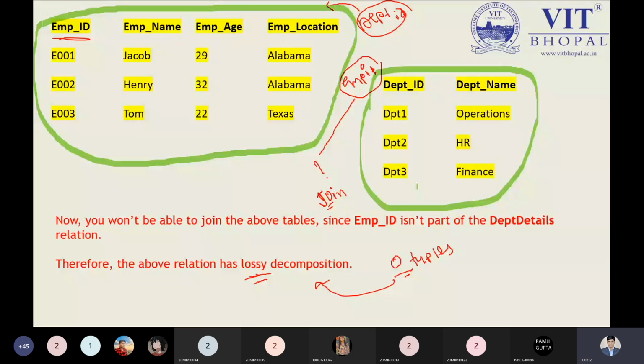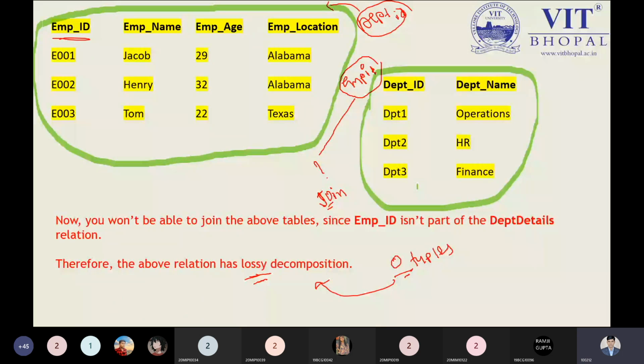So how can I say this is our original table? That is a big problem. This is the case where we have lost information. In this case, you can easily say nothing is matching on Department ID. So ultimately, we can get either 9 tuples or 0 tuples, because nothing is matched, so we get 0 tuples.